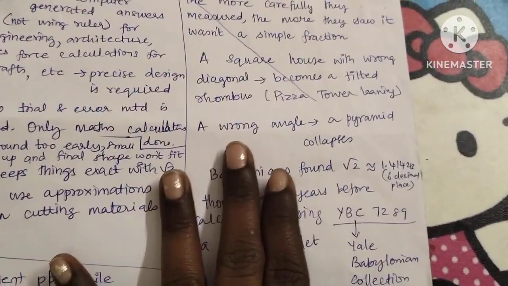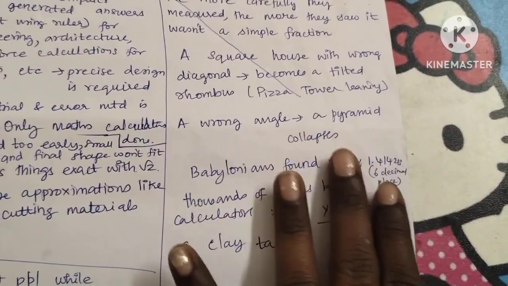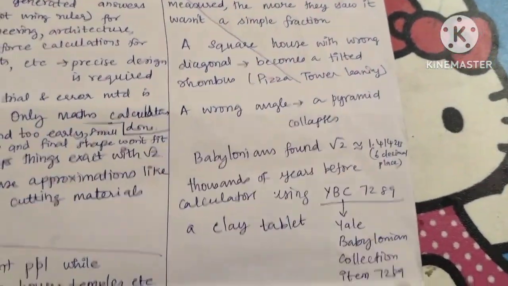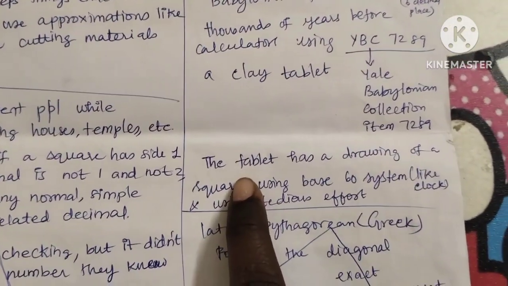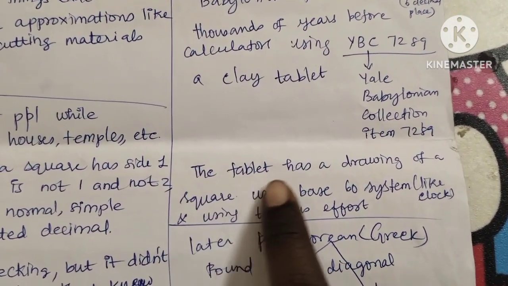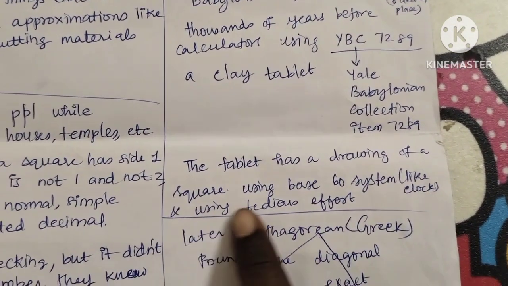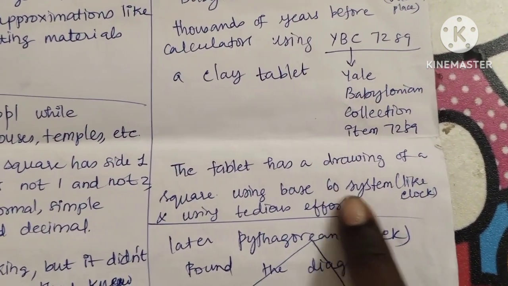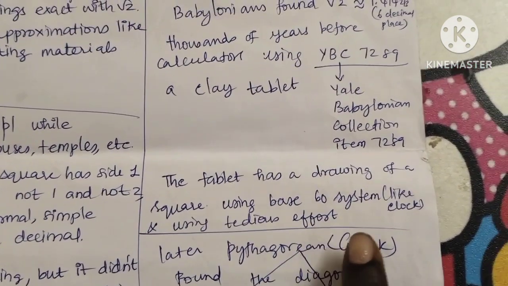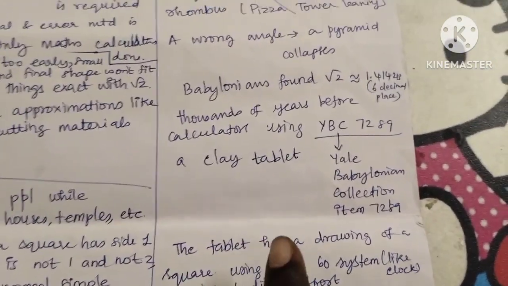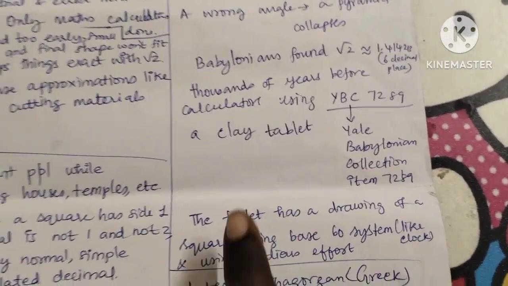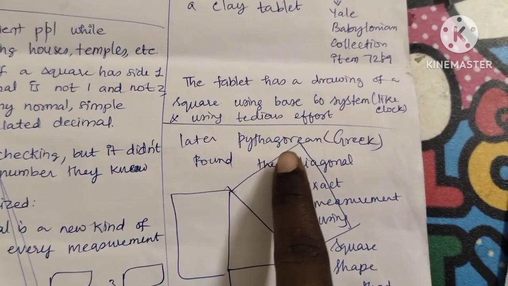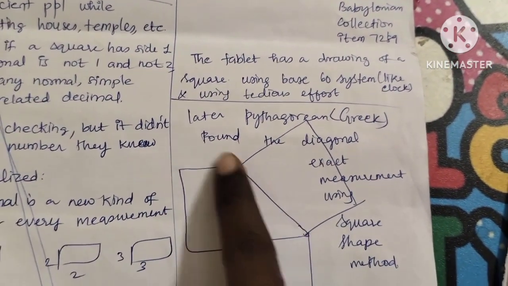Because with a wrong angle, a pyramid collapses. If you don't correctly measure the diagonal, the pyramid collapses. So they had done it before. It is a tablet that has a drawing of a square using the base 60 system, like the clock has 60 minutes, right? Using tedious effort, we don't know how they found it, but we know they found it. Later Pythagoras, a Greek, found that the diagonal is exactly measured using